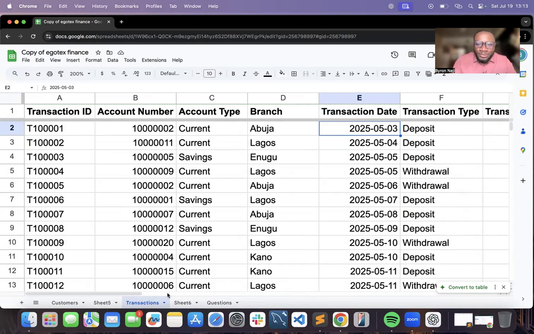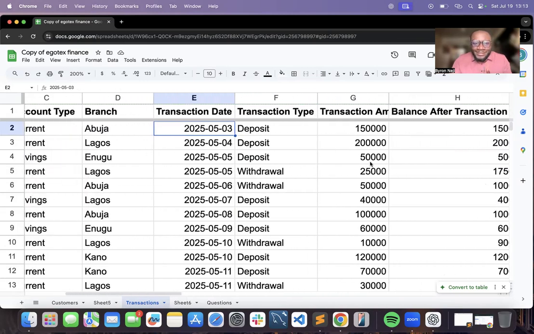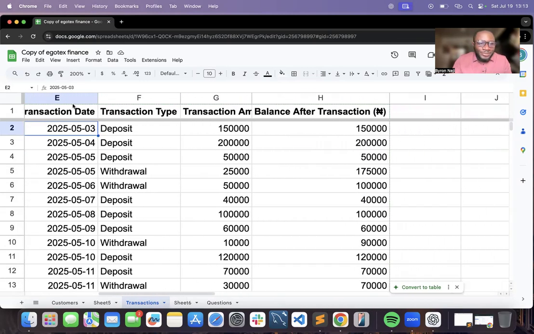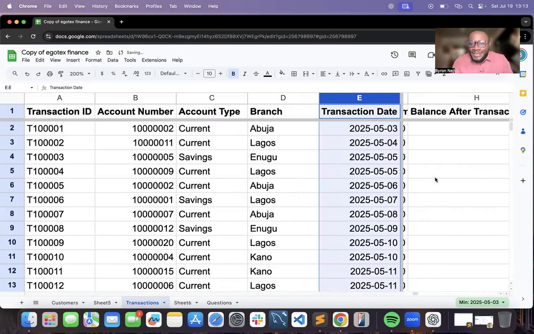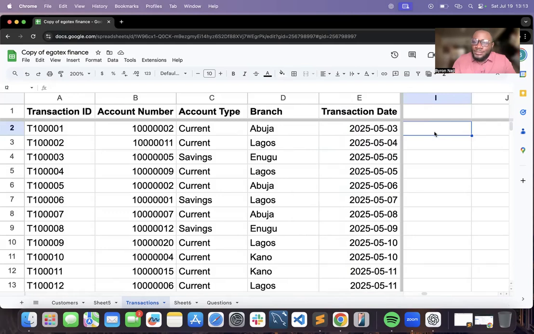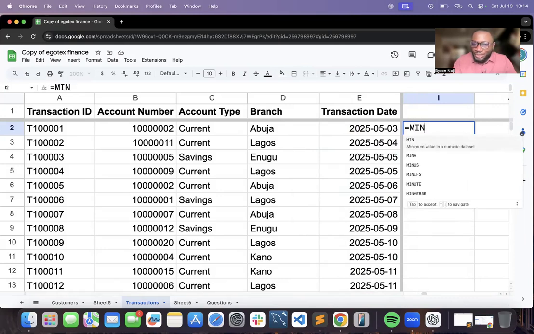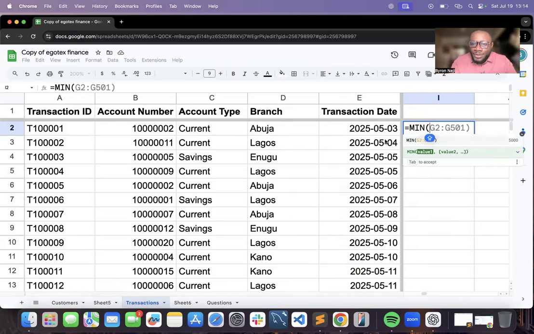Okay, so now let's do this. To get the earliest transaction, let me also freeze this column. I will just show you something very quick. To get the earliest transaction for this column, all I need to do is get the minimum. Is that tricky, right? This is something that even in programming, that's how you get the earliest and latest when it comes to dates. So the minimum of this